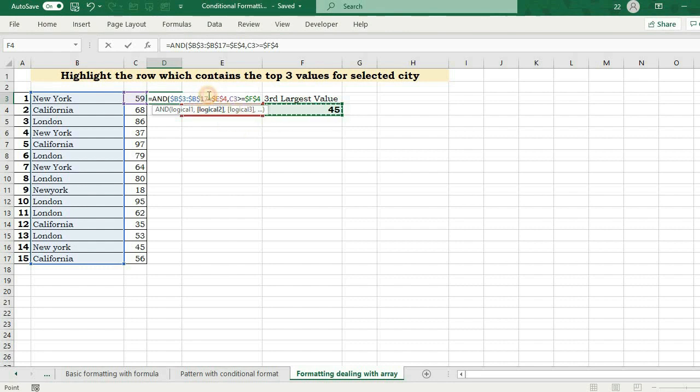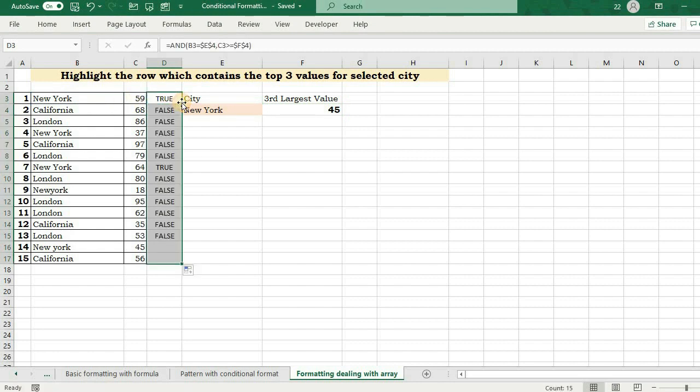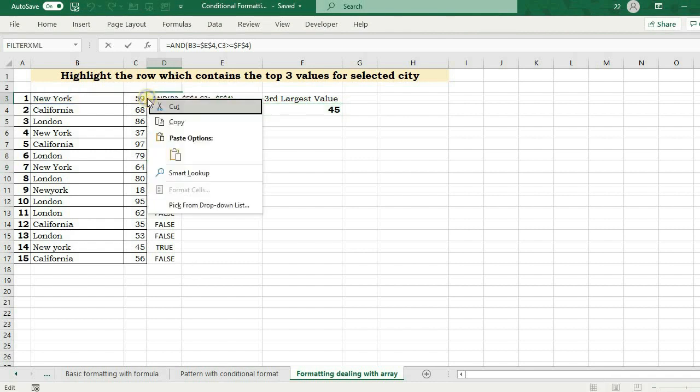I forgot to say, I don't need to take an entire range here, simply check this. Okay, fine, and it says true, and if I drag it down, this is true, false. So the true values are what we actually need. This true here, true New York here. So both these conditions are getting satisfied by this formula. So I need to copy this formula.